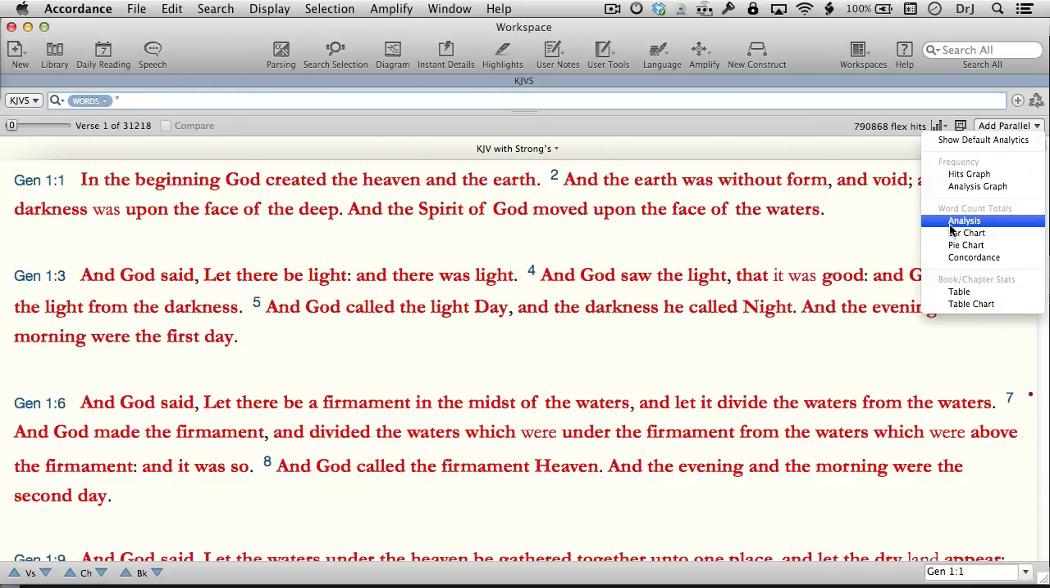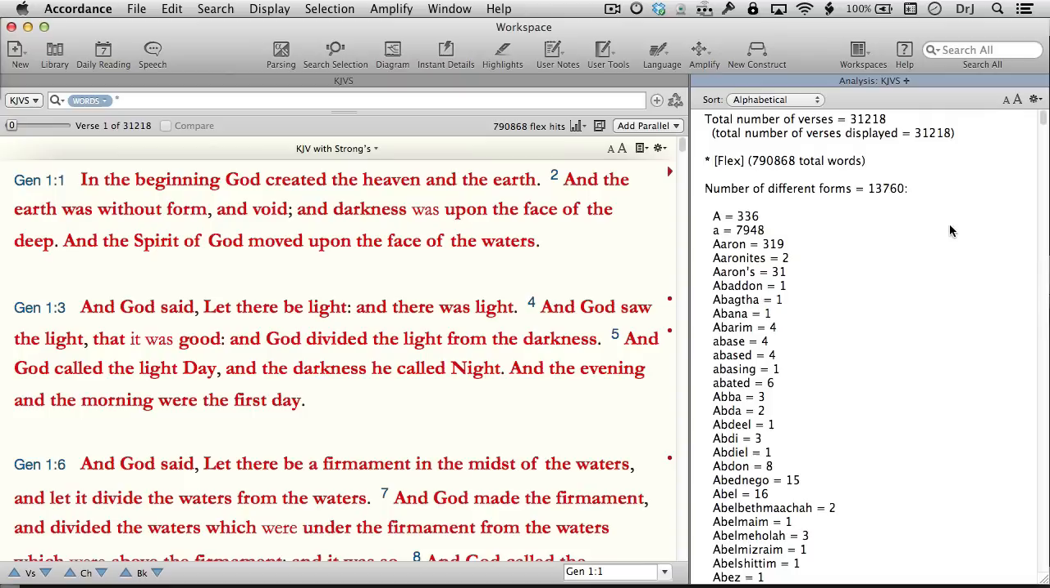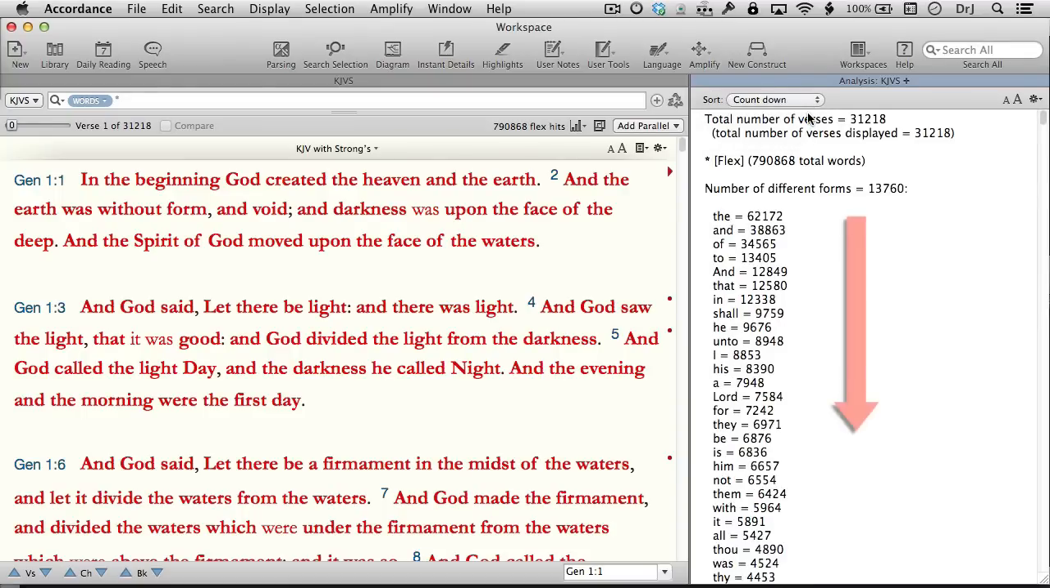If we select Analysis, Accordance opens a zone like this. It tells me that it found hits in 31,218 verses and that the number of different words is 13,760. Since the sort is set to alphabetical, Accordance has sorted them from A to Z, listing the number of times each word is found in the text. If I switch to count down, Accordance sorts them in ascending order, showing me the most common word in the King James Bible is "the," with no capitalization at 62,172, followed by the uncapitalized "and" at